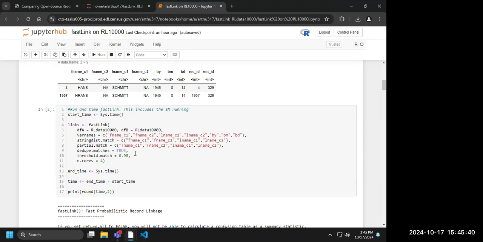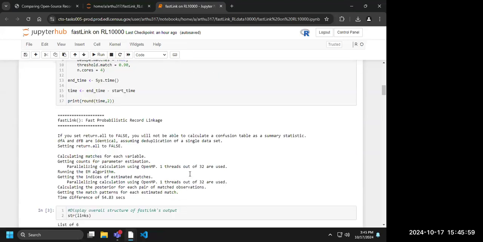We can specify if it's a duplicate matching run, if we're matching data frame A to data frame A. And then we set a match threshold to be 0.9. So any match score that is above 0.9 will be printed as a link. And then number of cores for the parallel computing, I specify it to be 4, but what we see down